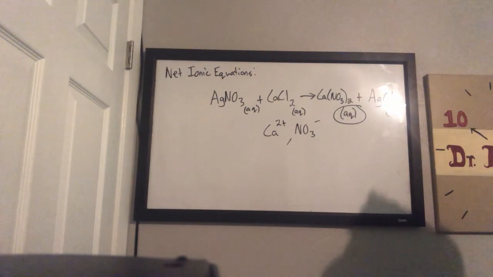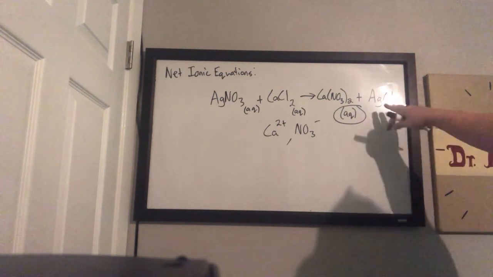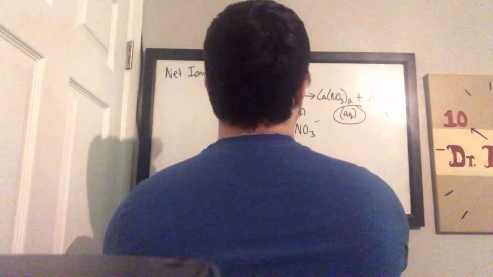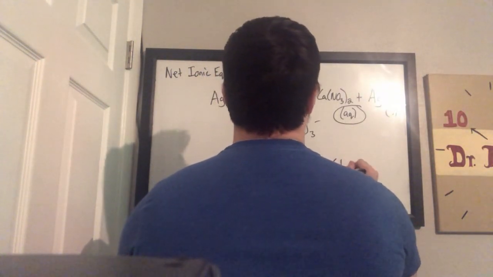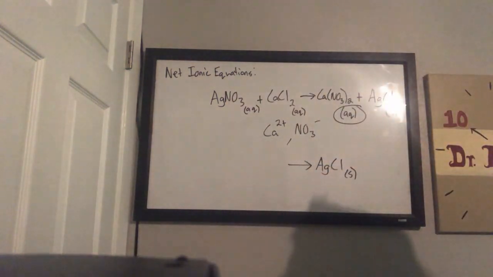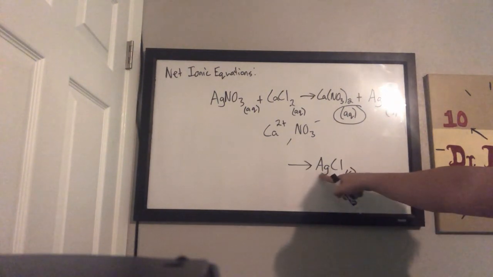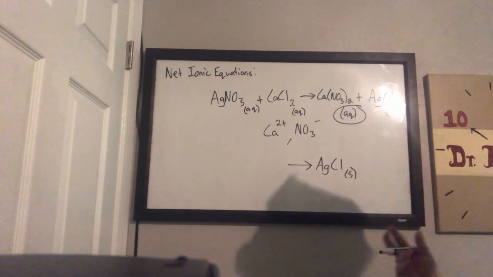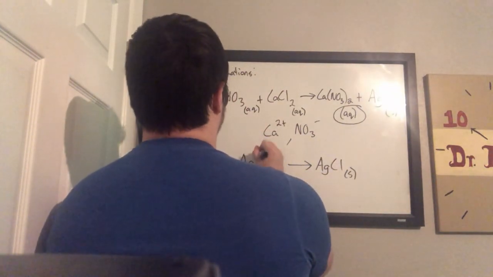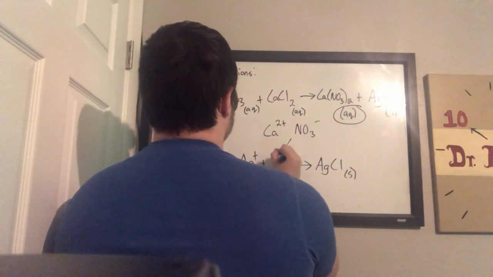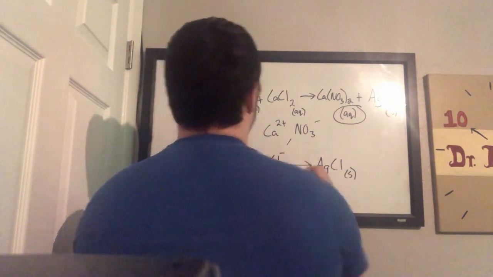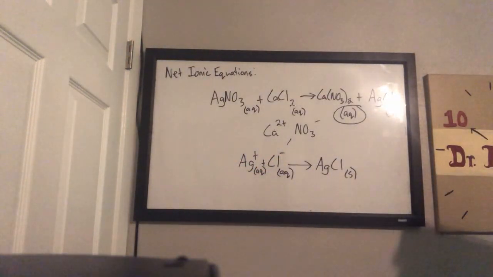But let's go ahead and answer the full question. Let's go ahead and write the net ionic equation. So this is our product, AgCl. And if we ended with AgCl, well then what are the pieces that we would need in order to make him? Well, I need 1 silver and 1 chlorine for each of these, and we know their charges when they are ions. Silver has a charge of 1, and chlorine has a charge of 1. Like so. And yes, you could balance this equation before. Everything does simplify and reduce at the end, so that's really up to your teacher's discretion. It's always safe to balance the equation if that's what you're answering. Anyways,